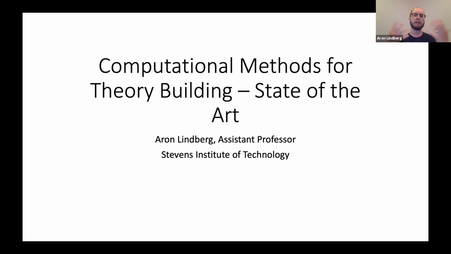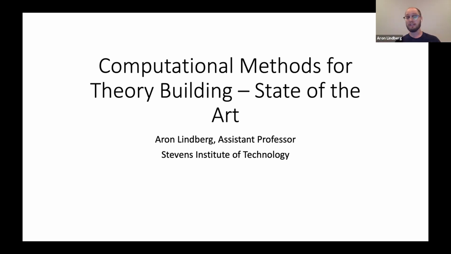So myself, a number of my colleagues, as well as some other people who I don't work with personally, have worked to formalize methodological descriptions of how you can utilize computational methods, and often in concert with those computational methods, available digital trace data or even big data sets, how you can use these things to develop theory, putting theory building at the center of this effort, and viewing computational methods and digital traces as a way to build a better theory. And I want to spend just a few minutes to provide an overview of some of the things,